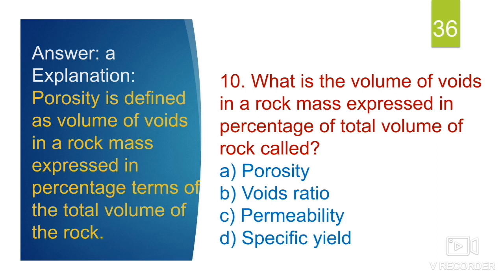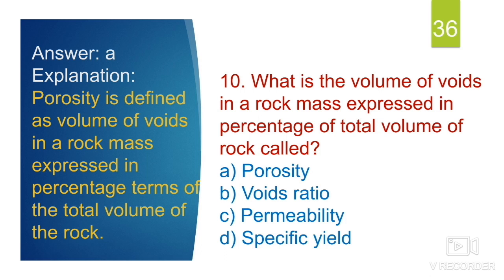Rocks vary widely in porosity. Loose sands and gravels may have porosity up to 50%, sandstones up to 15%, while the porosity of igneous rocks is in the order of 2 to 3%, because they are made up of basaltic rocks, the extrusive igneous rocks, of which the most important example is basalt.